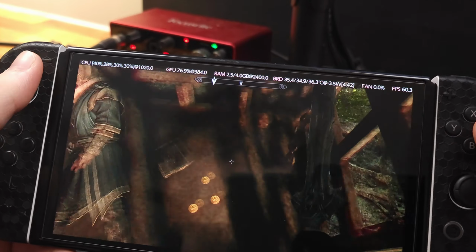I got them both running at a locked 60 FPS, and don't get me wrong, it dials back the handheld battery life by a lot, but by a lot means from 4 or 5 hours to 2.5 to 3 hours, which again is so much better than even the Steam Deck can do. And pushing hardware to its limits like this is something that I love doing, almost more than gaming itself, which